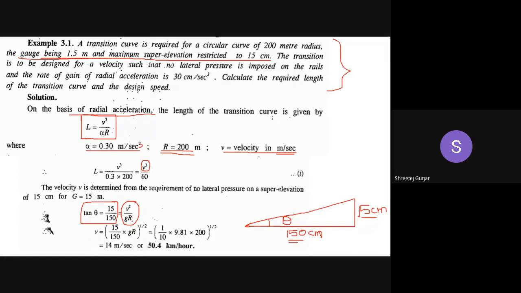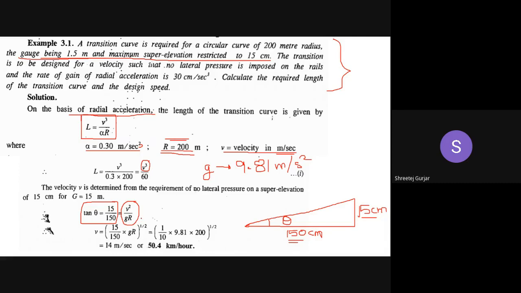Okay, all the things are known. You can see R is also known. Small g is acceleration due to gravity, which is usually 9.81, a fixed value, 9.81 meter per second square. It is acceleration. Radius R, we know it is given as 200.